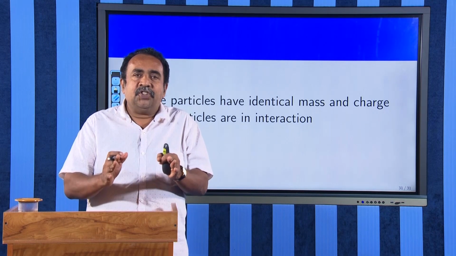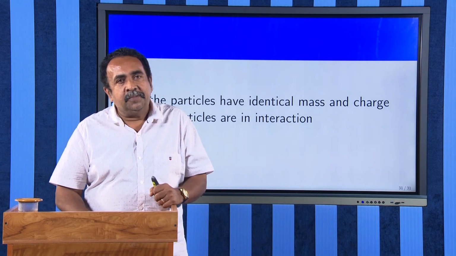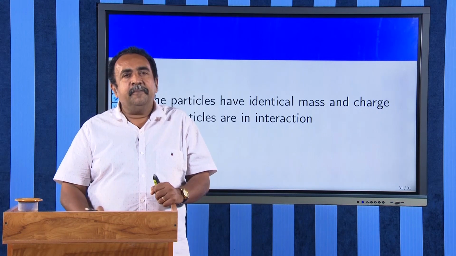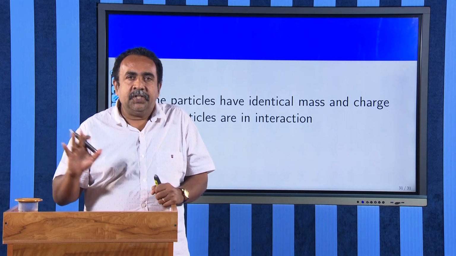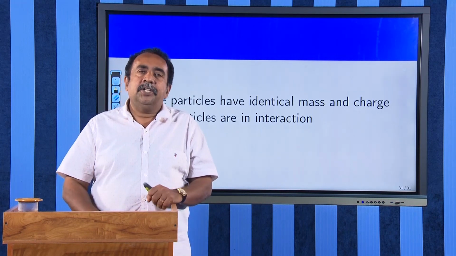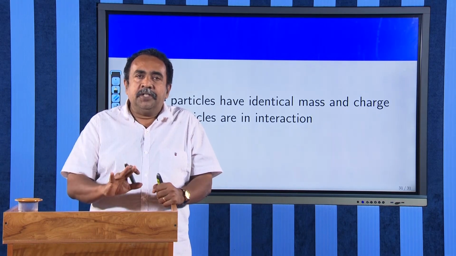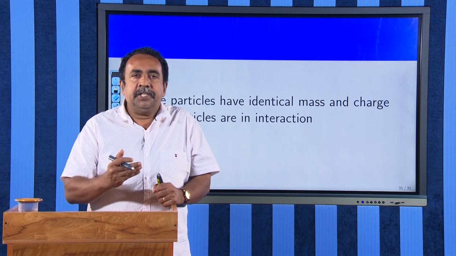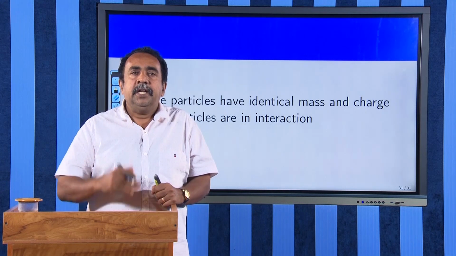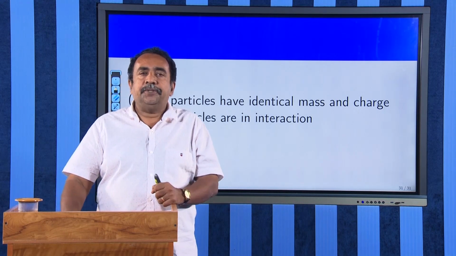Therefore, we are now in a position to study quantum systems like Bose systems and Fermi systems, which we will study as separate Bose-Einstein statistics and Fermi-Dirac statistics. I hope you have understood all these things well. Now, we will see Bose-Einstein statistics and Fermi-Dirac statistics in the next two sections. Thank you.